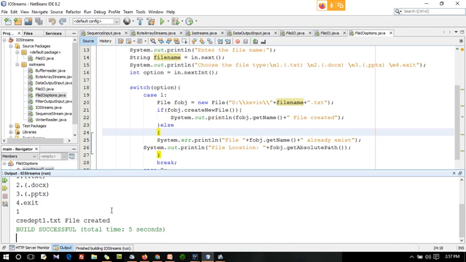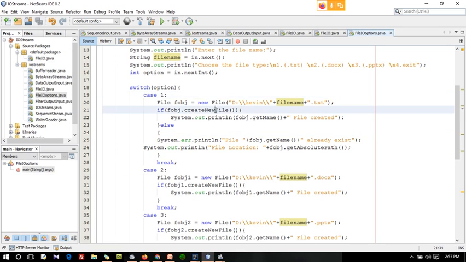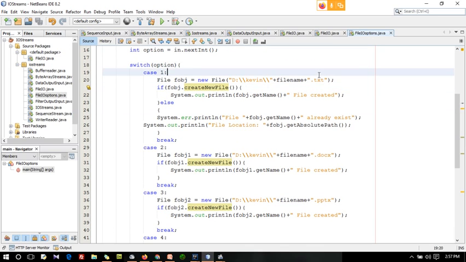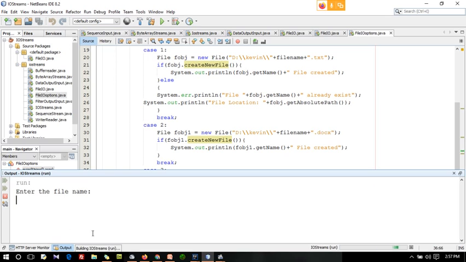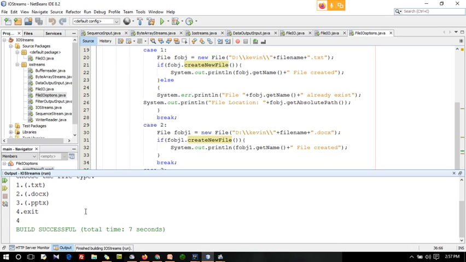Yes, cscdept1 file created. Okay guys, this is how you can do it with different options and different file extensions. Clear? Any doubt in this? We'll check the exit option 4. Yes, now it has exited.